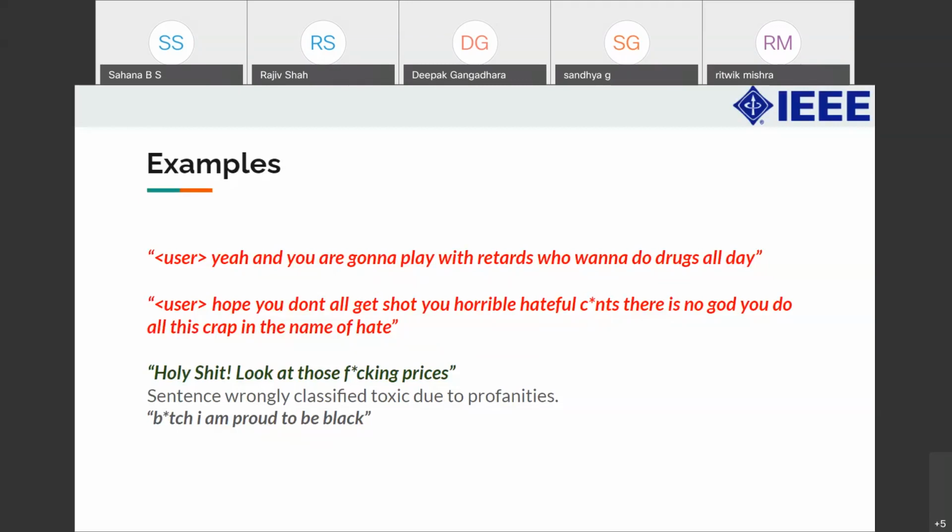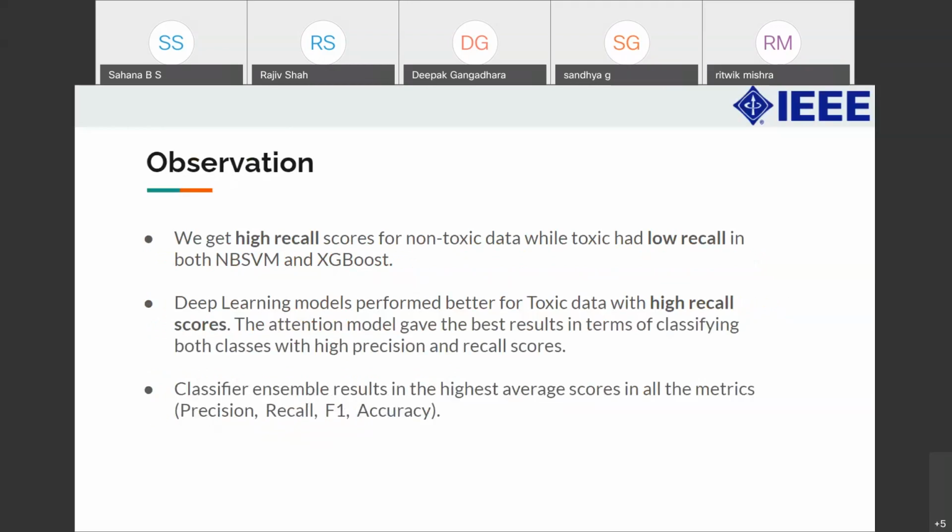Yeah. So these are the two examples we tried, and we also tried one with those words. For example, this one, our model considered it as non-toxic, so the model does have shortcomings. You can see that other one.